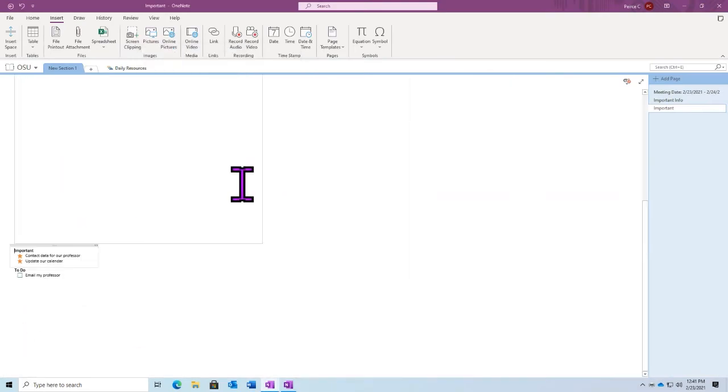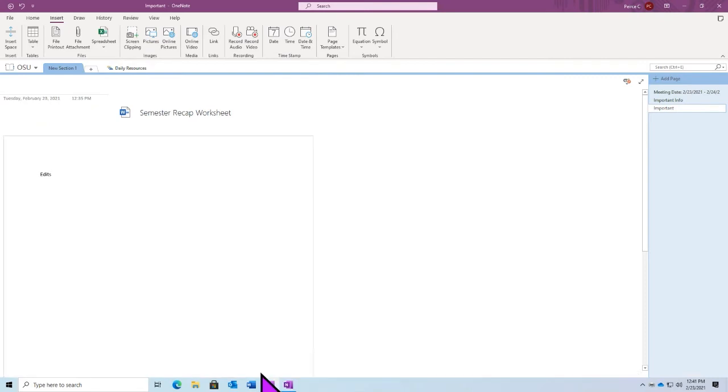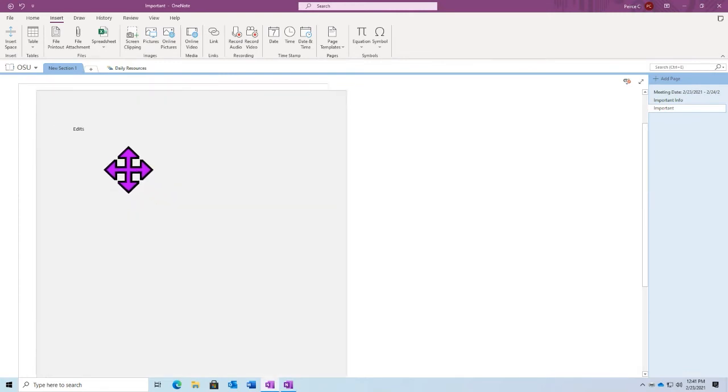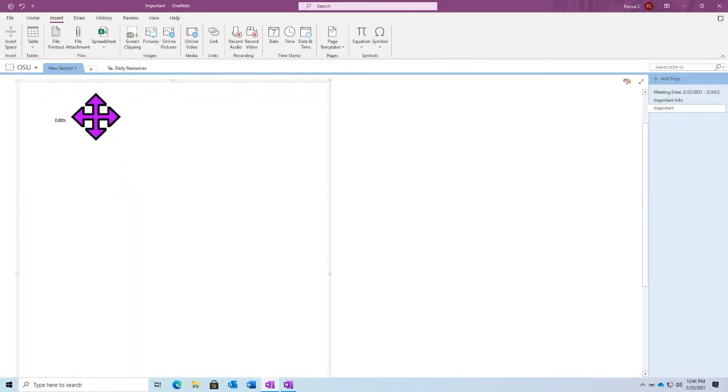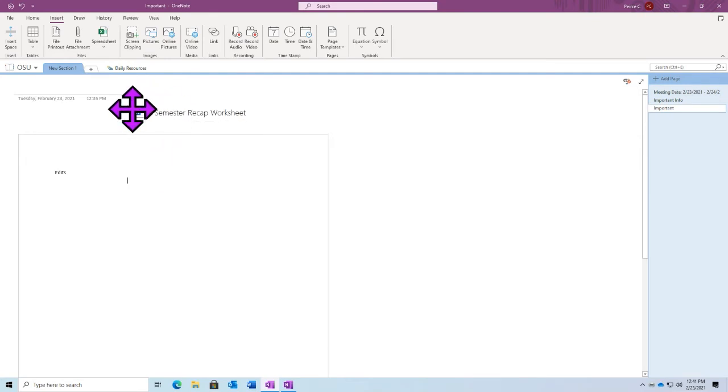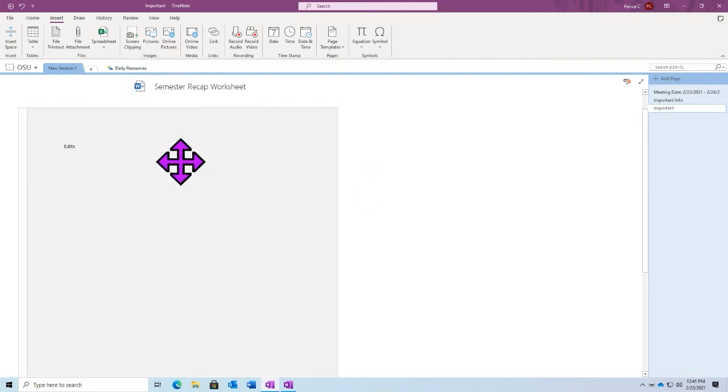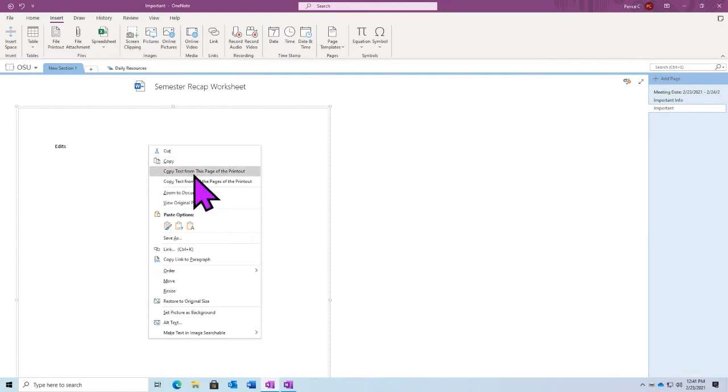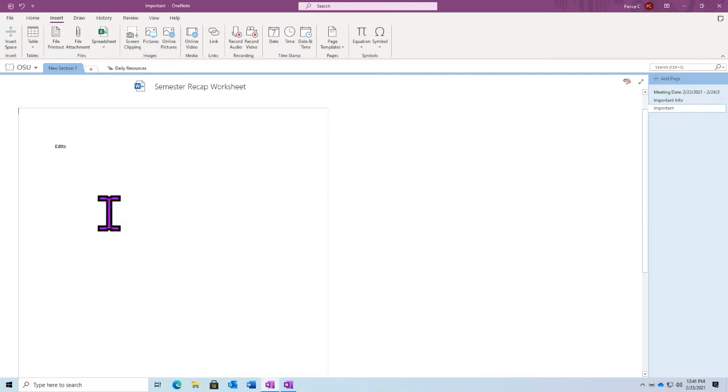And what this will do is insert our Word document as a direct printout. So we will be able to see the page, interact with it as if it were an image directly on our screen. If we wanted to make edits to this, we can also double click on it or on our Word document attachment at the top and begin making changes to our Word document. So this by itself, we'll be able to move this around our screen. However, if we want to lock down the movement of this page and allow us to write on top of it or type on top of it, we can right click on it and we can choose to set the picture as background.